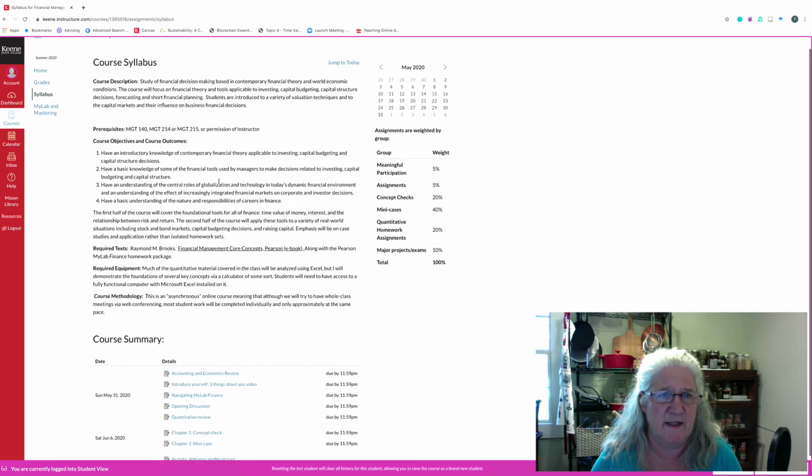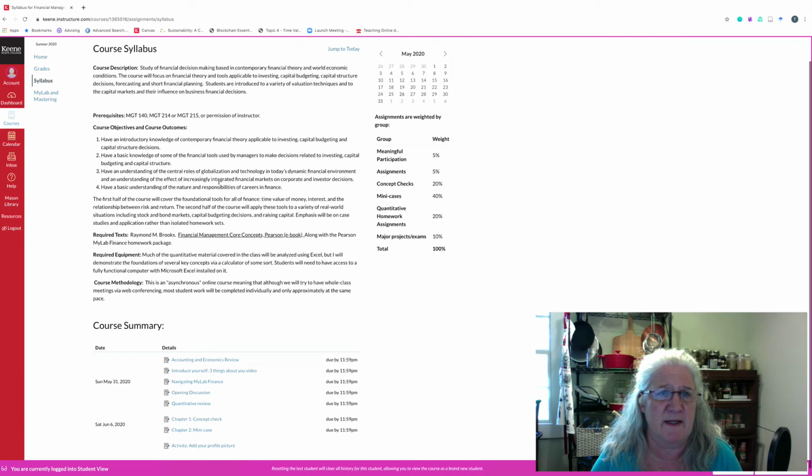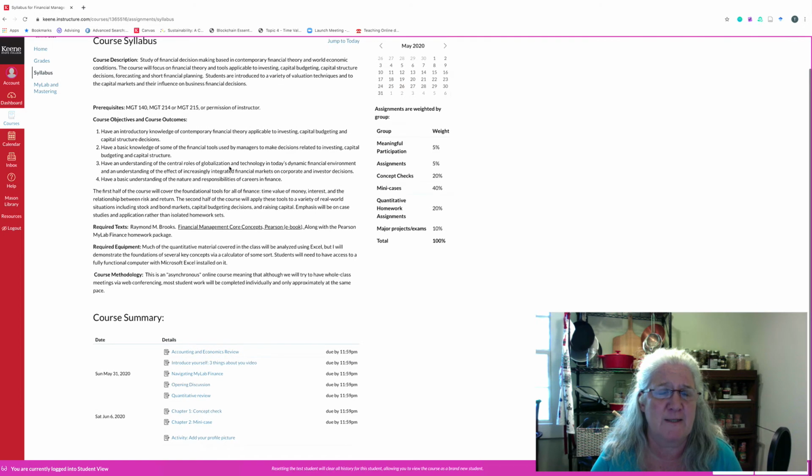It's the study of financial decision making based in contemporary financial theory and world economic conditions. The course will focus on financial theory and tools applicable to investing, capital budgeting, capital structure decisions, forecasting, and short-term financial planning. Students are introduced to a variety of valuation techniques and to the capital markets and their influence on